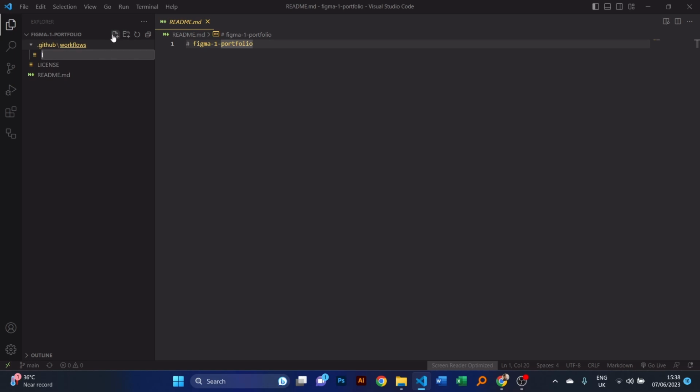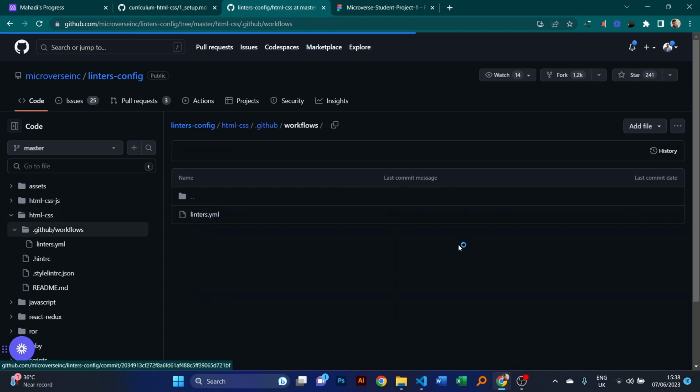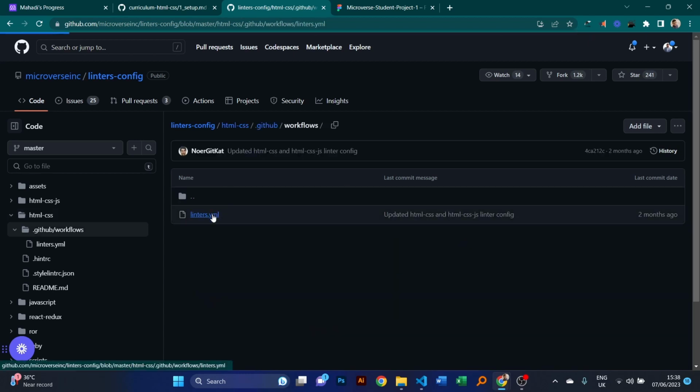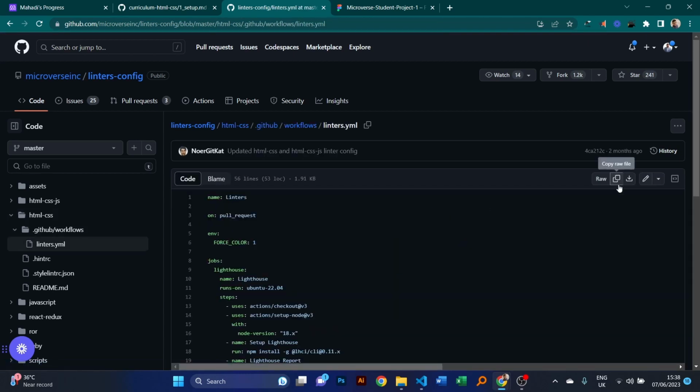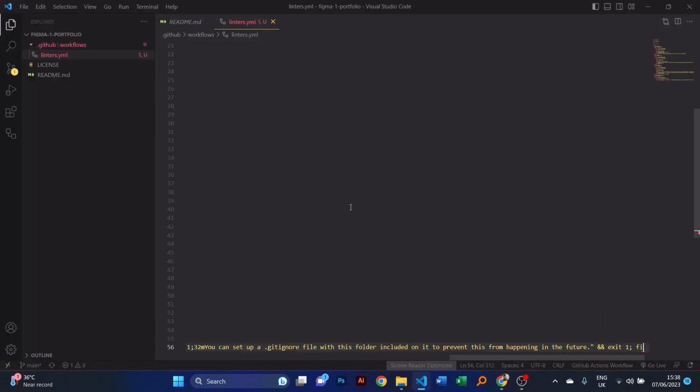Now we have to create linters.yml. So let's go to the config, copy the linters.yml, paste it, and save it. So the linters.yml is